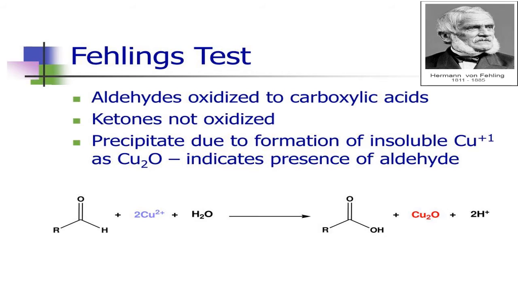Now the second test. Test number 1 was Tollens' test. Now what is the second test? Fehling's test. Fehling was also a scientist. Here is Hermann Fehling, also from Germany. He prepared Fehling's solution, and if you add Fehling's solution to an aldehyde, it gives a red precipitate. So by adding Fehling's solution to the carbonyl compound in the test tube, if you get a red precipitate, that confirms the given carbonyl compound is an aldehyde. Why is it a red precipitate? It is because of the formation of copper oxide, whose color is red.